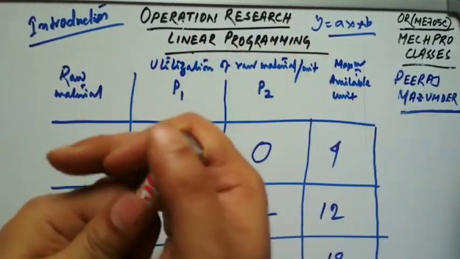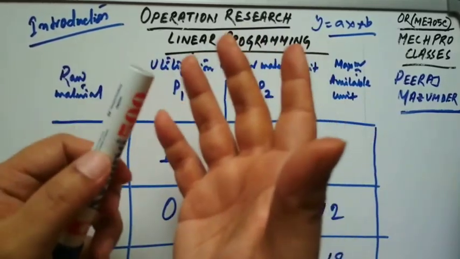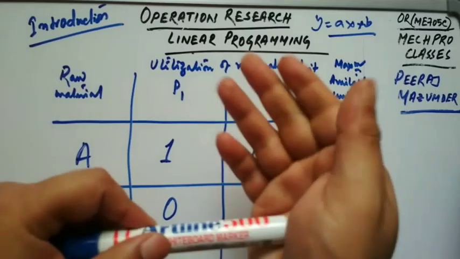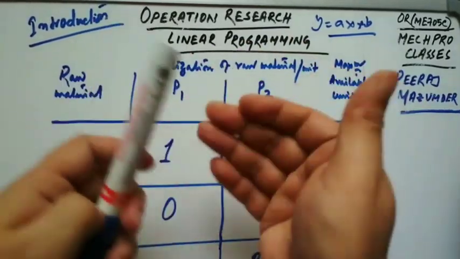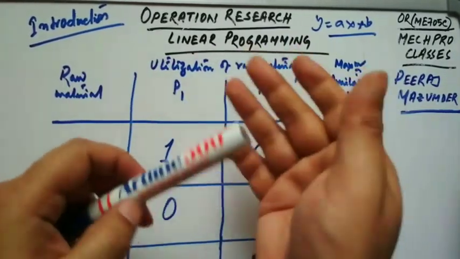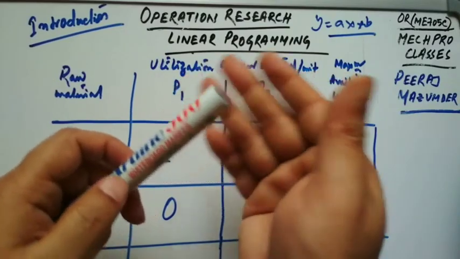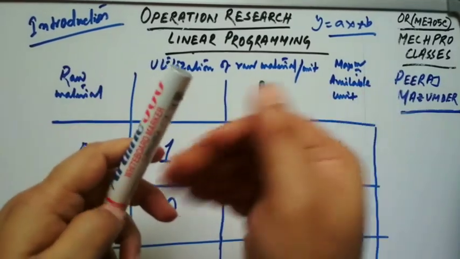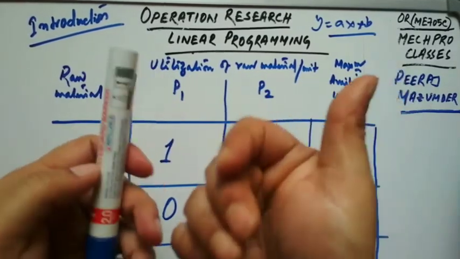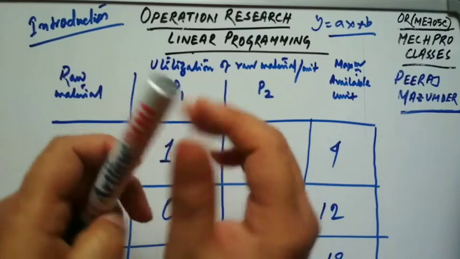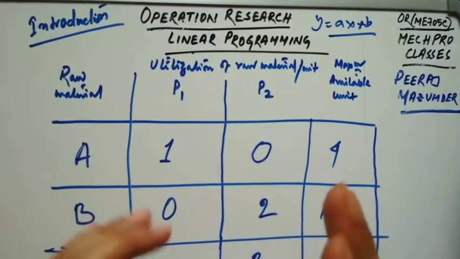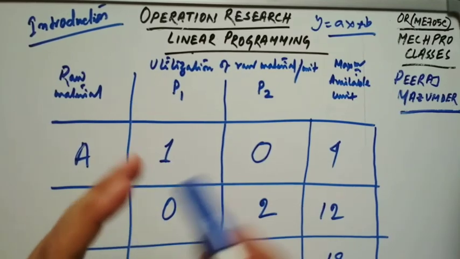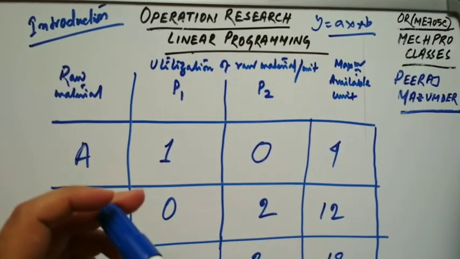In other words, you can also say linear programming is the optimization, either maximization or minimization, of a linear function of variables, subject to constraints of linear inequalities. I will tell you all about the variables and constraints. So this is the definition or the introduction portion of linear programming. And what is the aim?